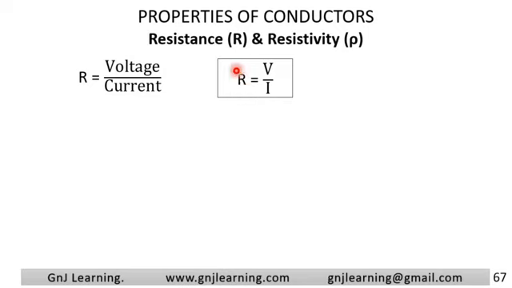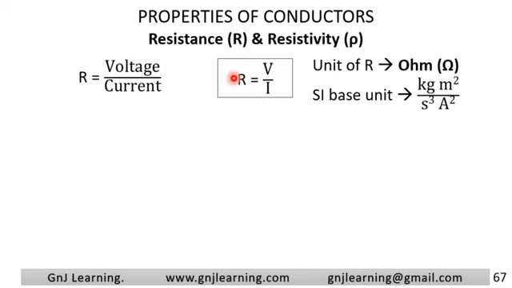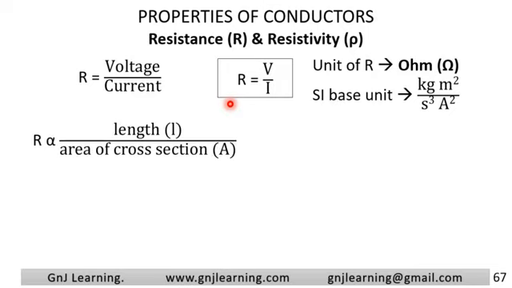The unit of resistance is ohm, which is the SI unit, whereas if you take the base unit, it is this shown here. Resistance of a conductor, as we have learned in the lower classes, increases with increase in the length of the conductor. That is, resistance is directly proportional to the length of the conductor,